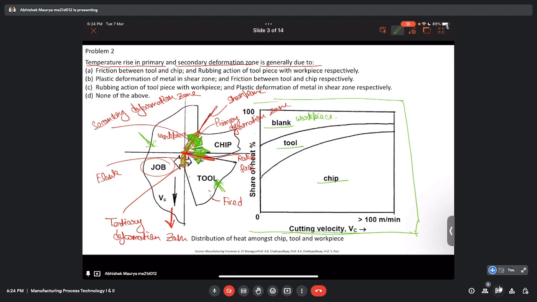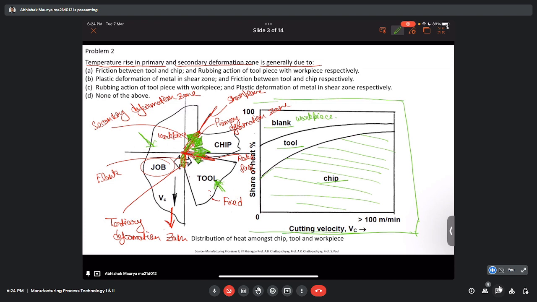What can we conclude from this figure? Whatever heat is generated in any of the deformation zones, like the primary, secondary, or tertiary deformation zone, the majority of that heat is taken away by